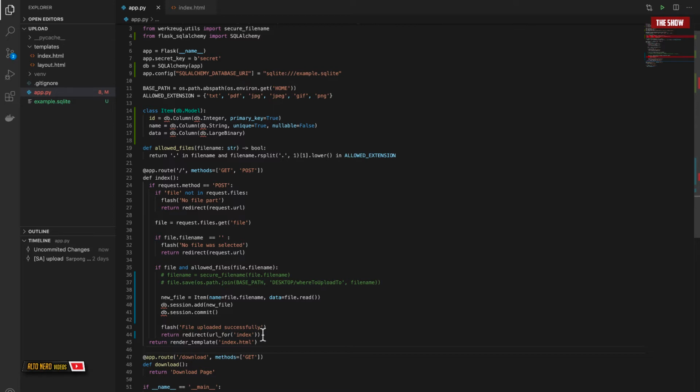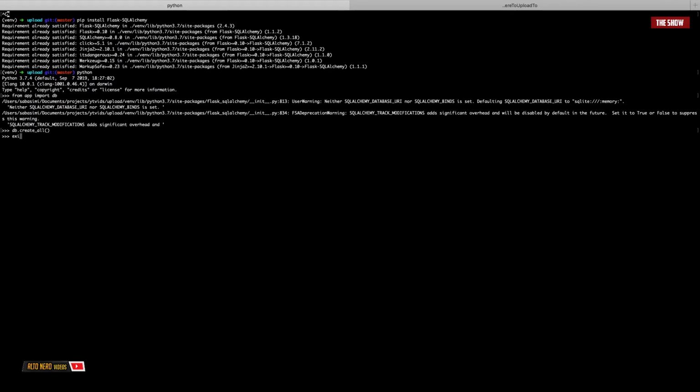So now that has been done, let's do one more thing. Let me rename the screenshot that I took, and then let's try and save that. So now I have renamed the file. Let me start the application and let me save this file into the database. So I'll come over here, exit, I'll do flask run, I'll go to the URL, and now let's try and